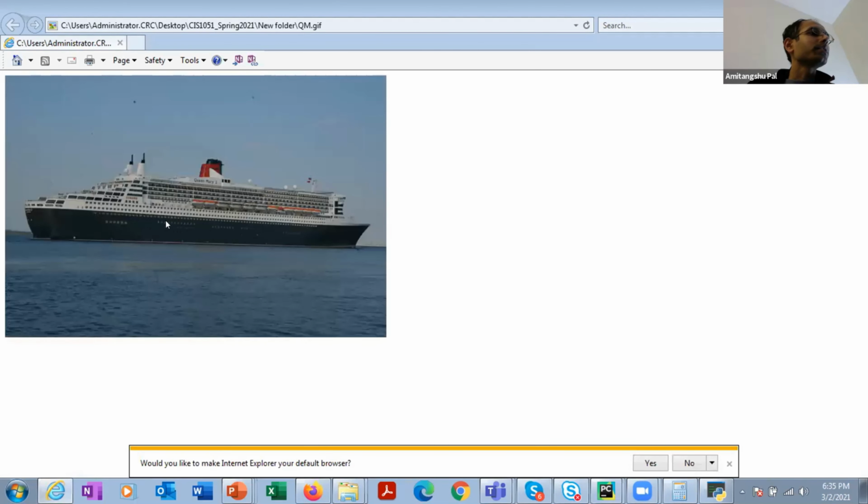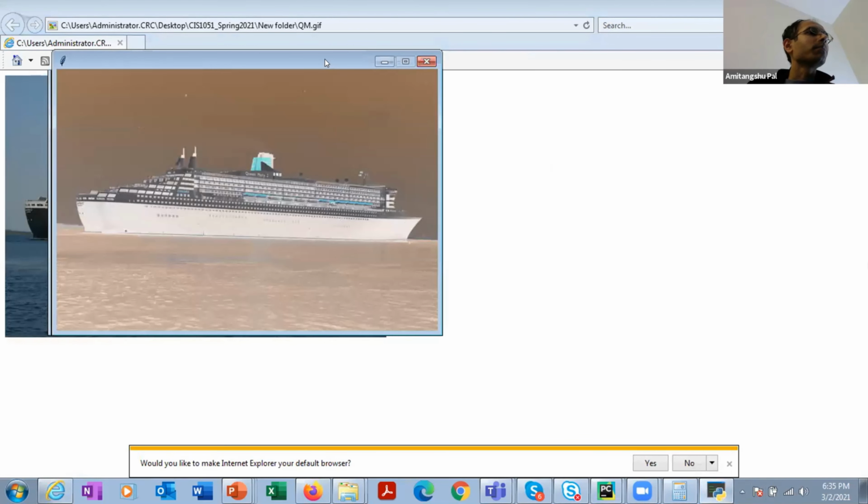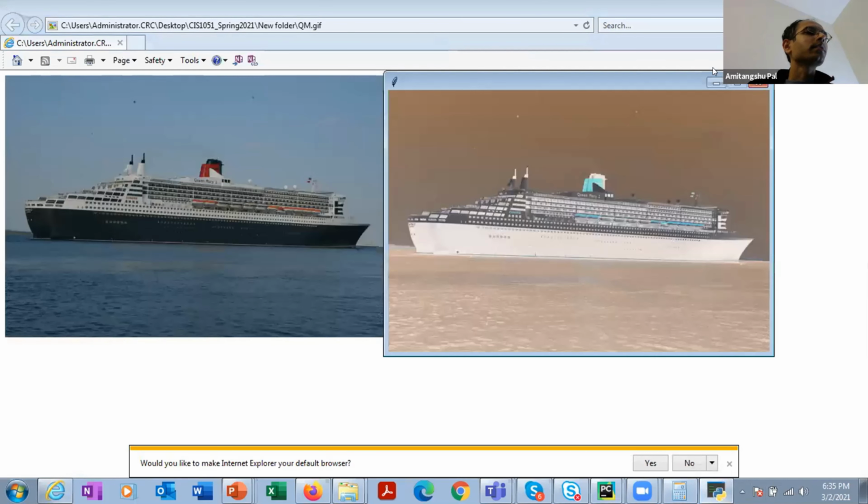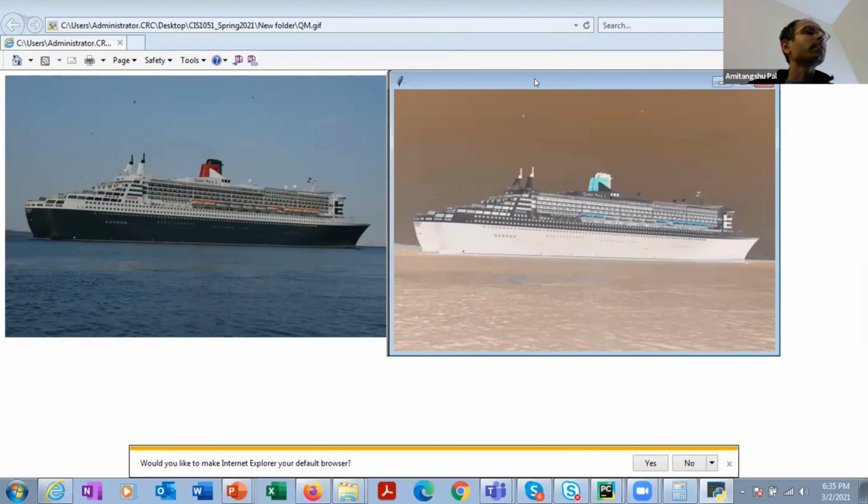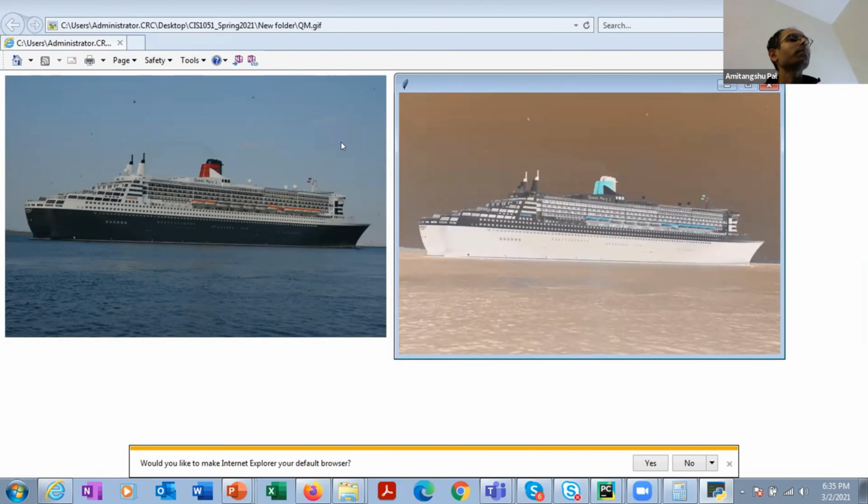So you will see that in the original picture this was black, and whenever I am generating the negative, it is showing as white. In the original picture these places were white, then while I am generating the negative these places are dark. Okay, so in this way you can create a negative of a particular image. Okay, now let's close this.